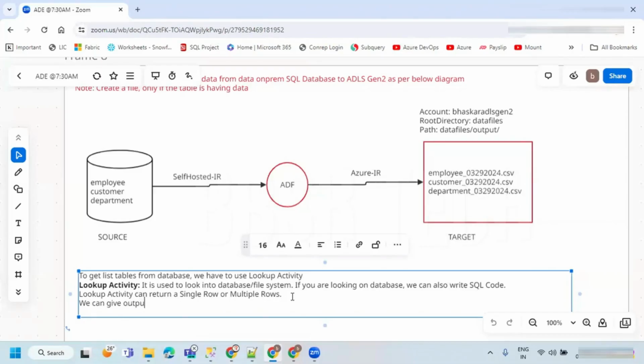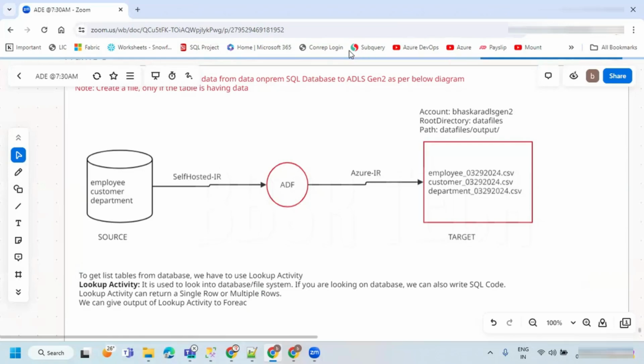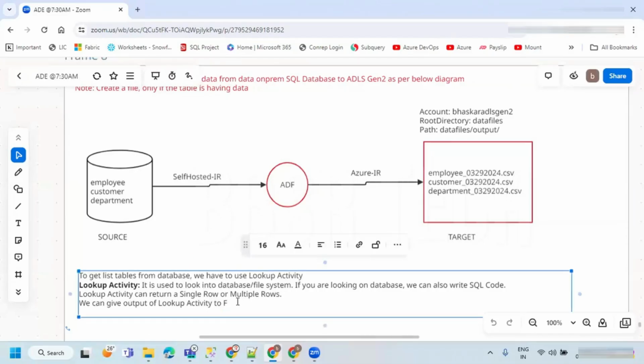We can give the output of lookup activity to for each activity, filter activity, or if condition activity.